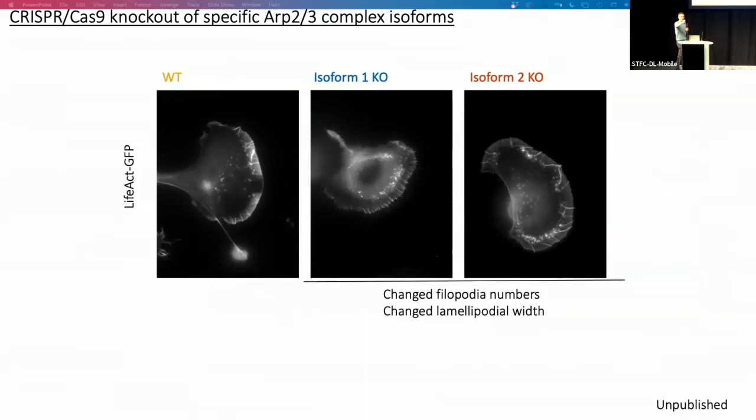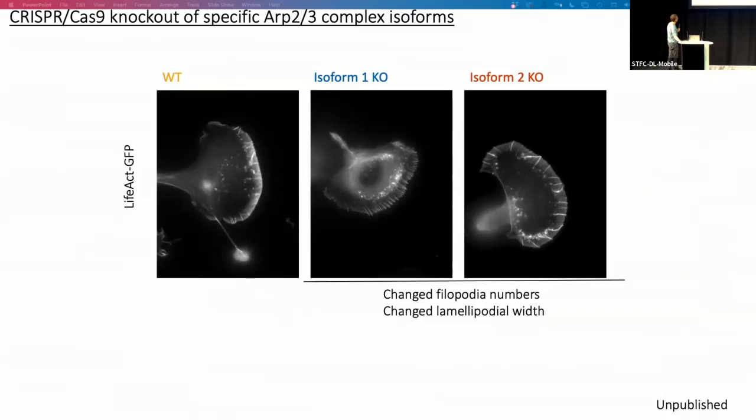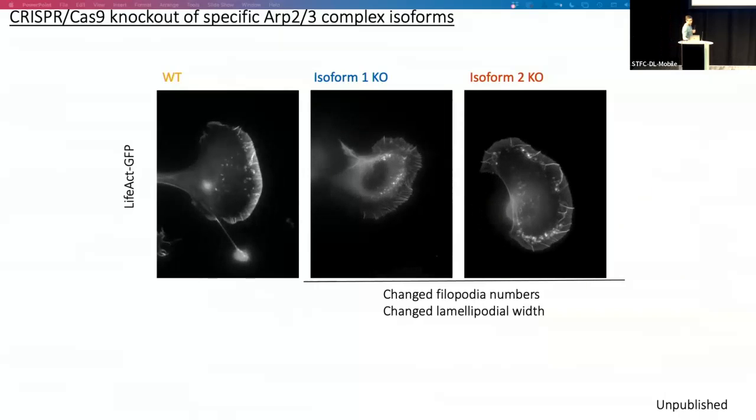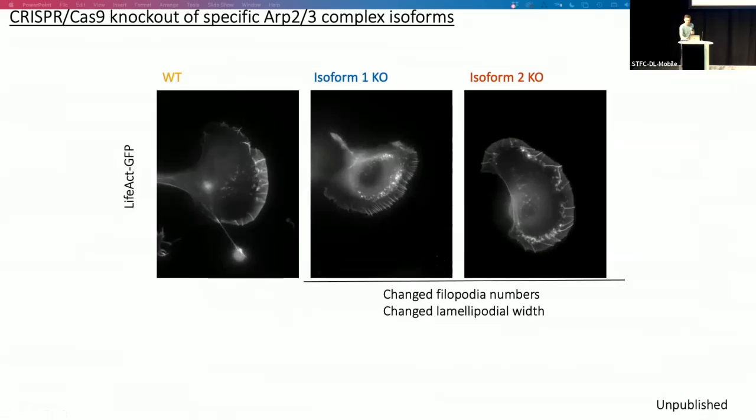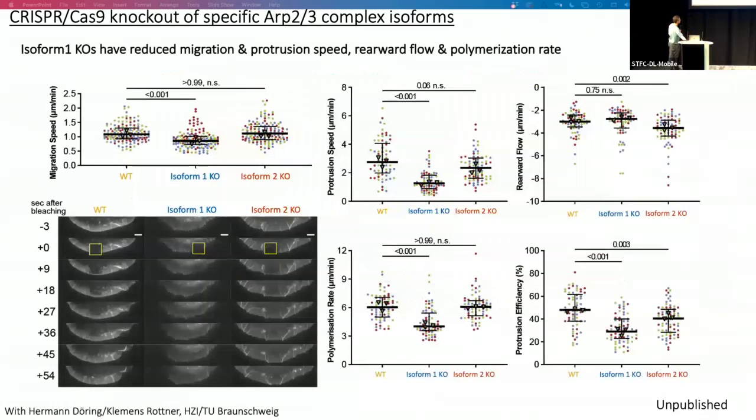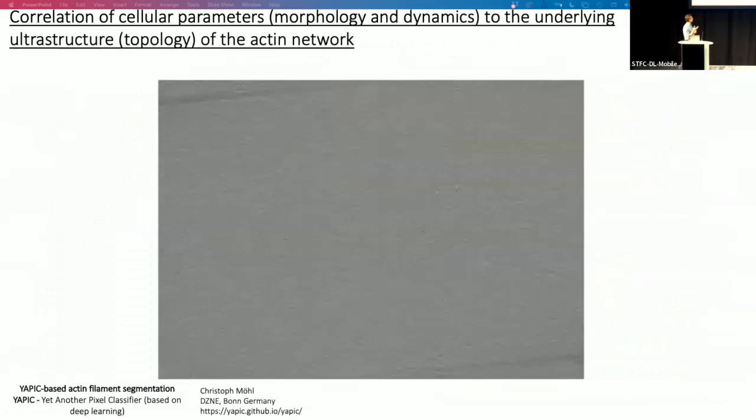And you can see, depending on which isoform is knocked out and which one is now incorporated into the complex, you can see clear changes in the cell migration characteristics and also in the morphology of the cell. While in one the lamellipodium shrinks, in the other one it is actually enhanced. So we wanted to understand how the dynamics is changed. So we did all these measurements on polymerization speed, turnover of the network. We also looked at localization of actin binding proteins, but then of course said, okay, now on the ultrastructure level,